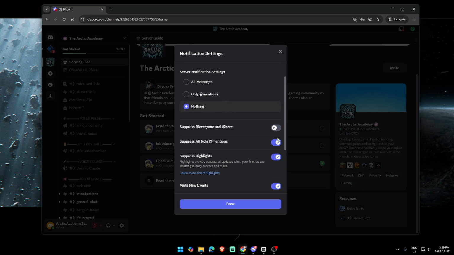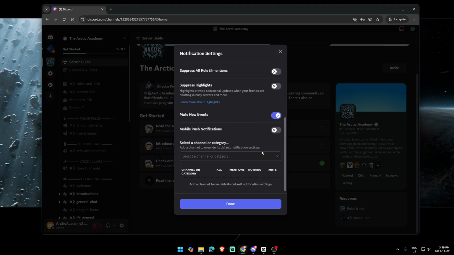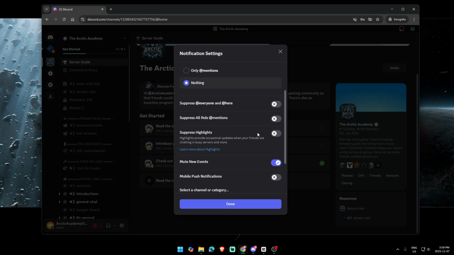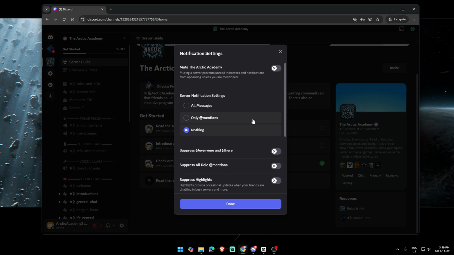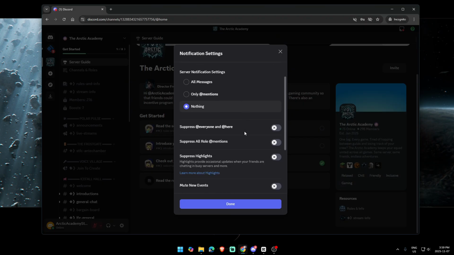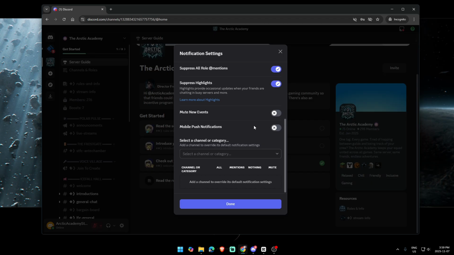You can suppress all the things. All of these are off, by the way, by default. I've already done this a couple times, so they're going to be on, but you will see them all off. So you want to make sure if you don't want to be tagged and pinged all the time, you can turn all of these suppresses on. And that way you won't get notified, won't get pings on your phone. It'll be a little bit less